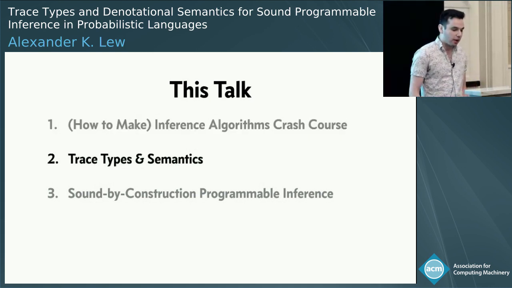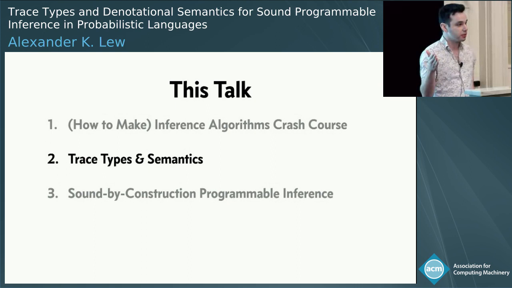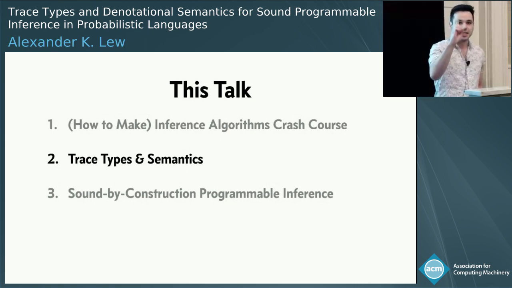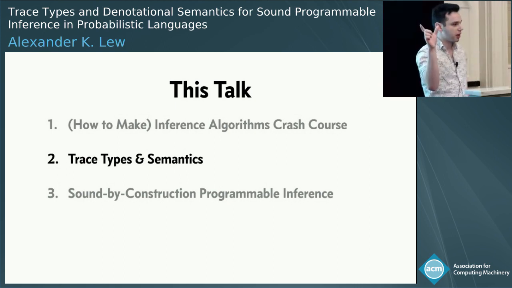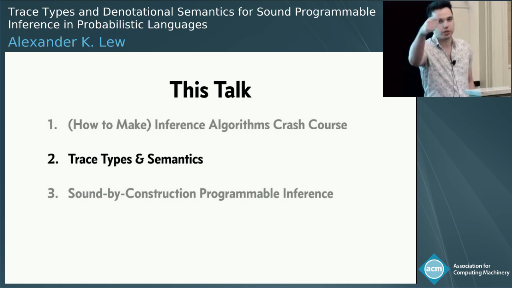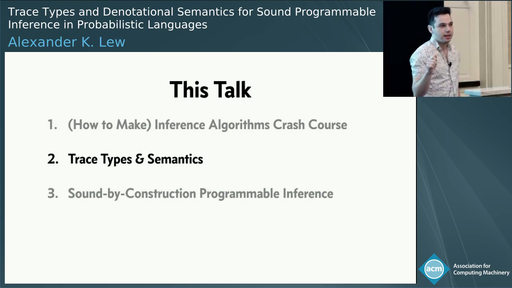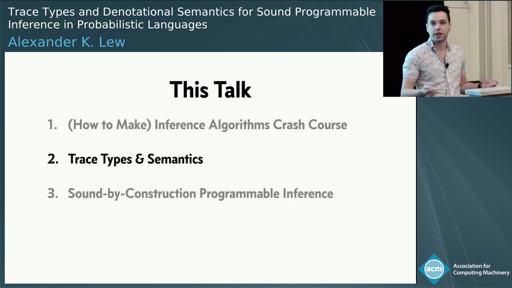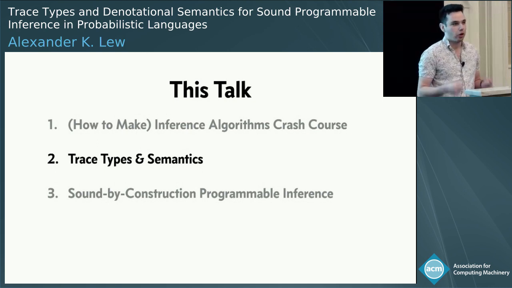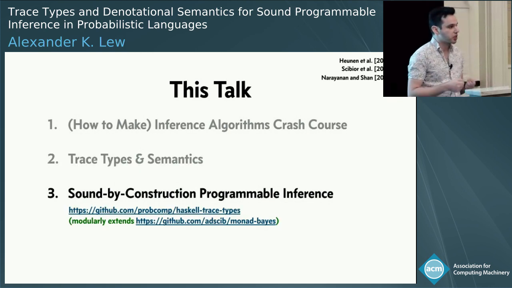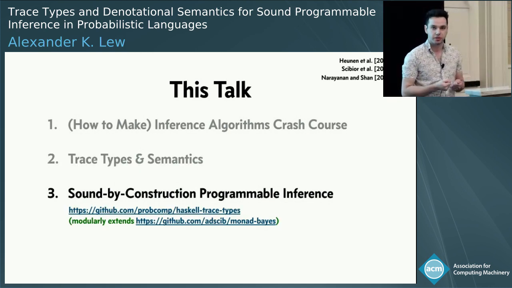Then I'm going to be talking about our approach to solving this soundness problem. What we've done is we've developed a sort of graded monad for probabilistic programs, where the index in the monad, so the type of a probabilistic expression, is not just going to track its return type, it's also going to track the space of its possible execution traces. Okay? And that's going to allow us to reason a lot easier about some of these measure theoretic properties that we need to ensure, and ultimately to develop sound by construction versions of these programmable inference features. Okay?